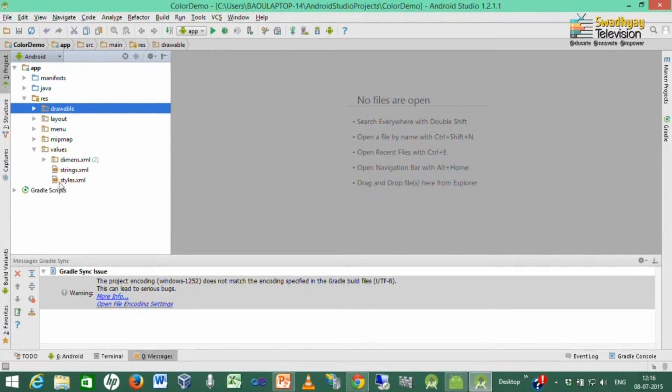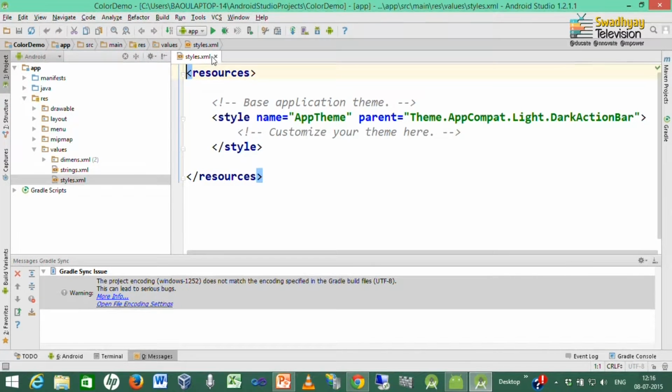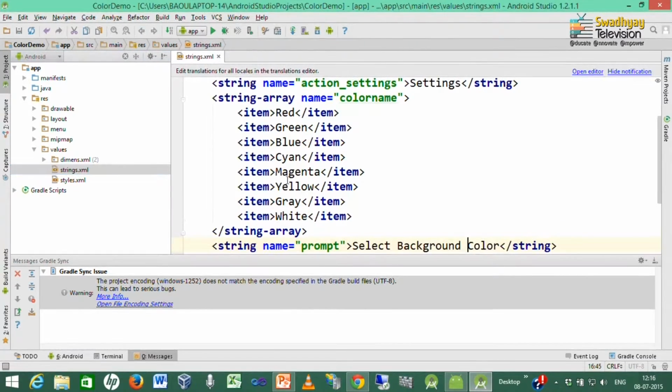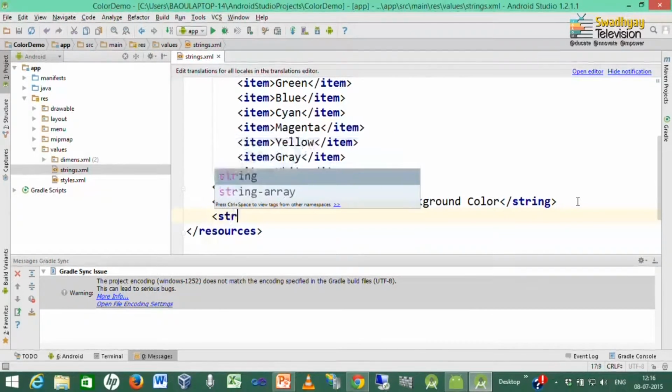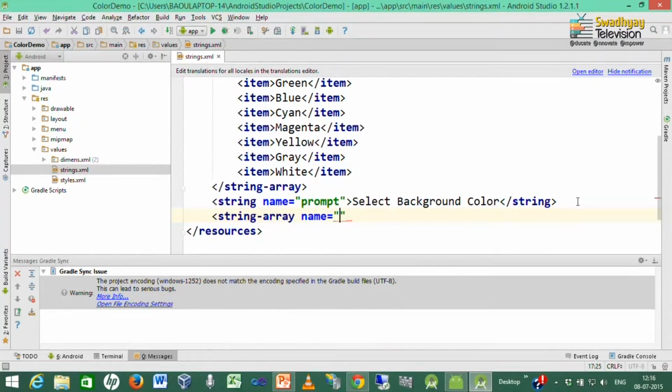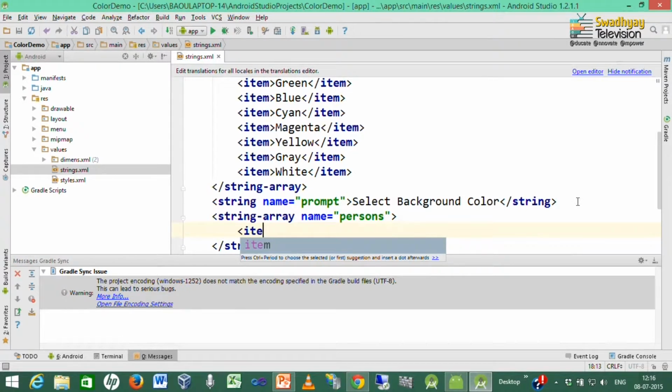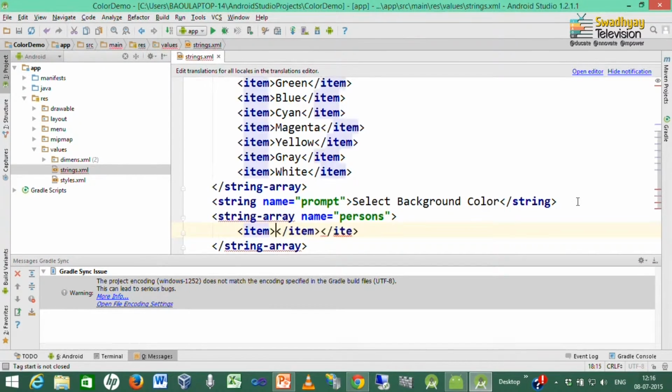Next, we want to create an array of person names inside this string.xml file. So, likewise the color names, I declare one string array, and the string array name is persons, and inside these items I write down the names of persons.